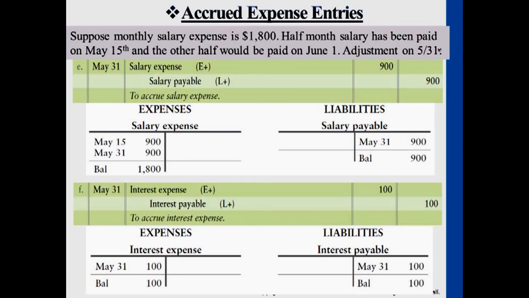Now here's another example. If the company earlier borrowed money, let's say $1,000 from a certain company, and assuming that the interest rate is 10% of that, and if that is rolling on a monthly basis, then every single month you'll be recognizing $100 of interest expense. So that's just an example that I gave you. So if that's the case, then by the end of this month, if this is not the date for your corporation to pay back that $1,000 yet, then this will be the interest expense and interest payable that has to